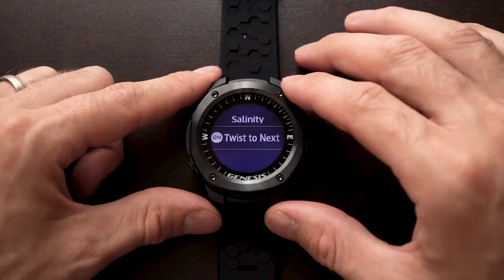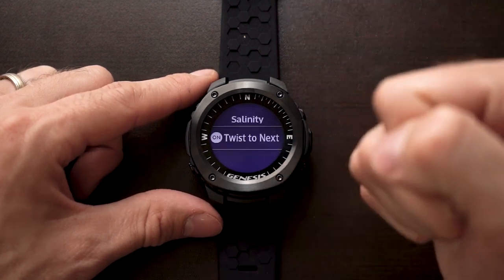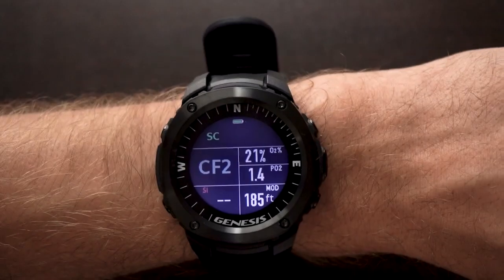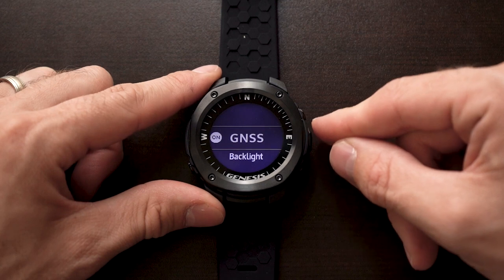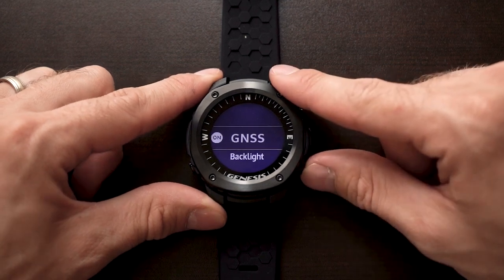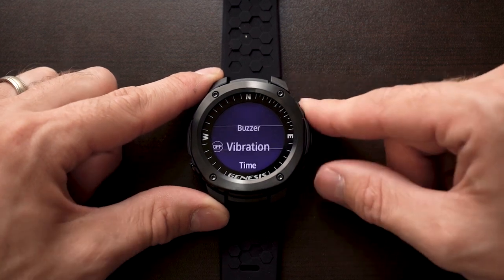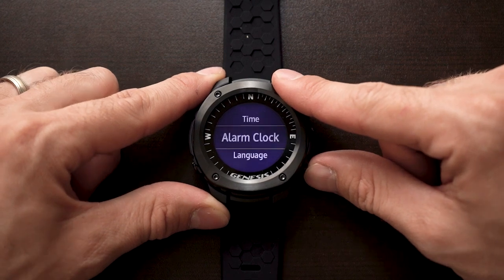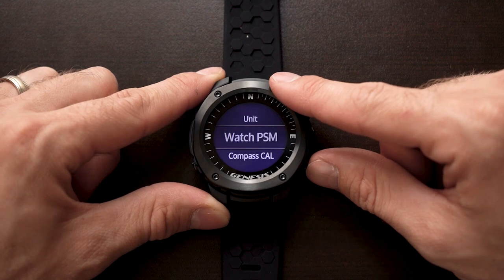Now the next feature on the Genesis Graviton, Twist, is a cool feature that allows you to, with a twist of the wrist, switch through a few different options at the bottom of your screen, such as compass and other information. So that is a really cool feature. Then we can jump back to set our system, which is setting the backlight components, the beep buzzer, if you would like that on or off, same as vibrations, setting the time, alarm clocks, language, the units, power saving modes,